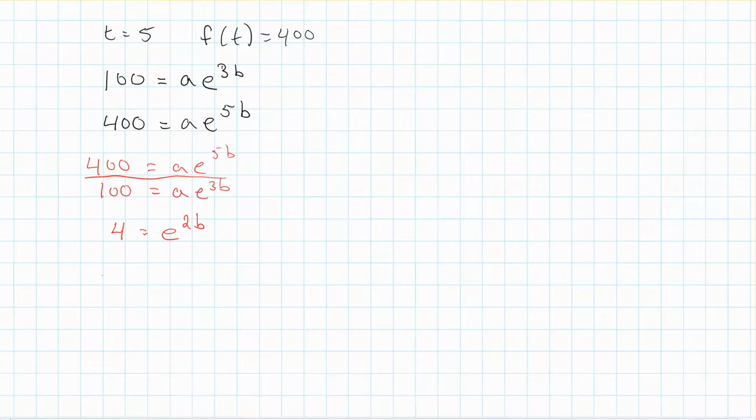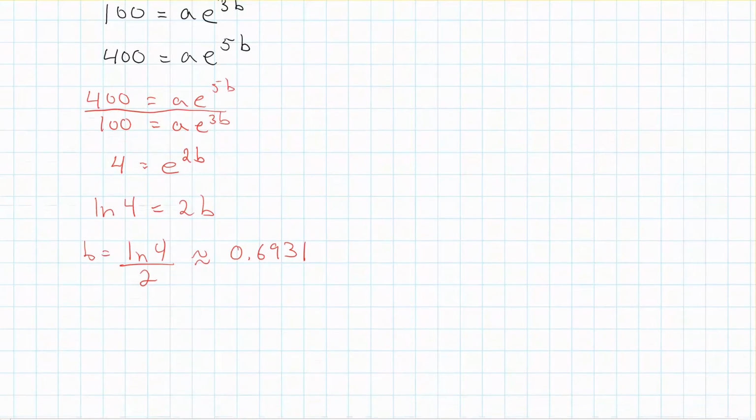I would do the natural log of both sides, and so you'd have the natural log of 4 is equal to 2b, and so b is equal to the natural log of 4 over 2. And now that's the exact answer, but since we're trying to create a model, let's go ahead and get a decimal answer for that. So natural log of 4 divided by 2, and you get that this is approximately 0.6931